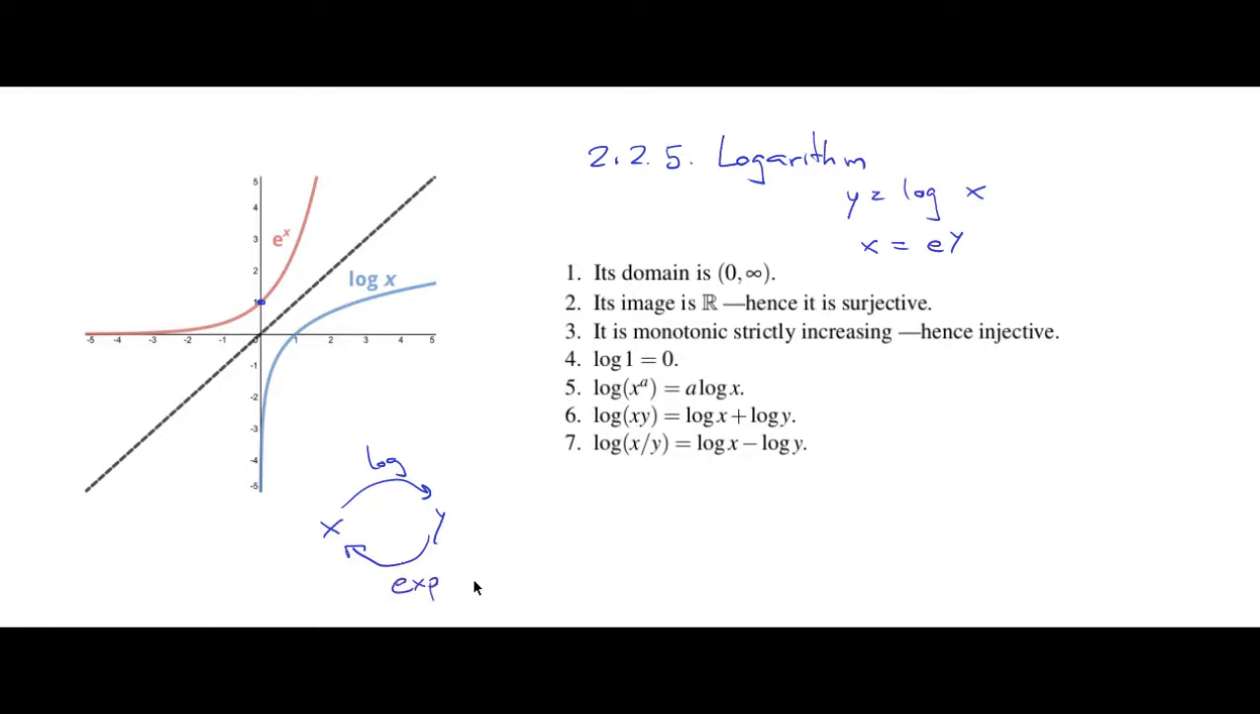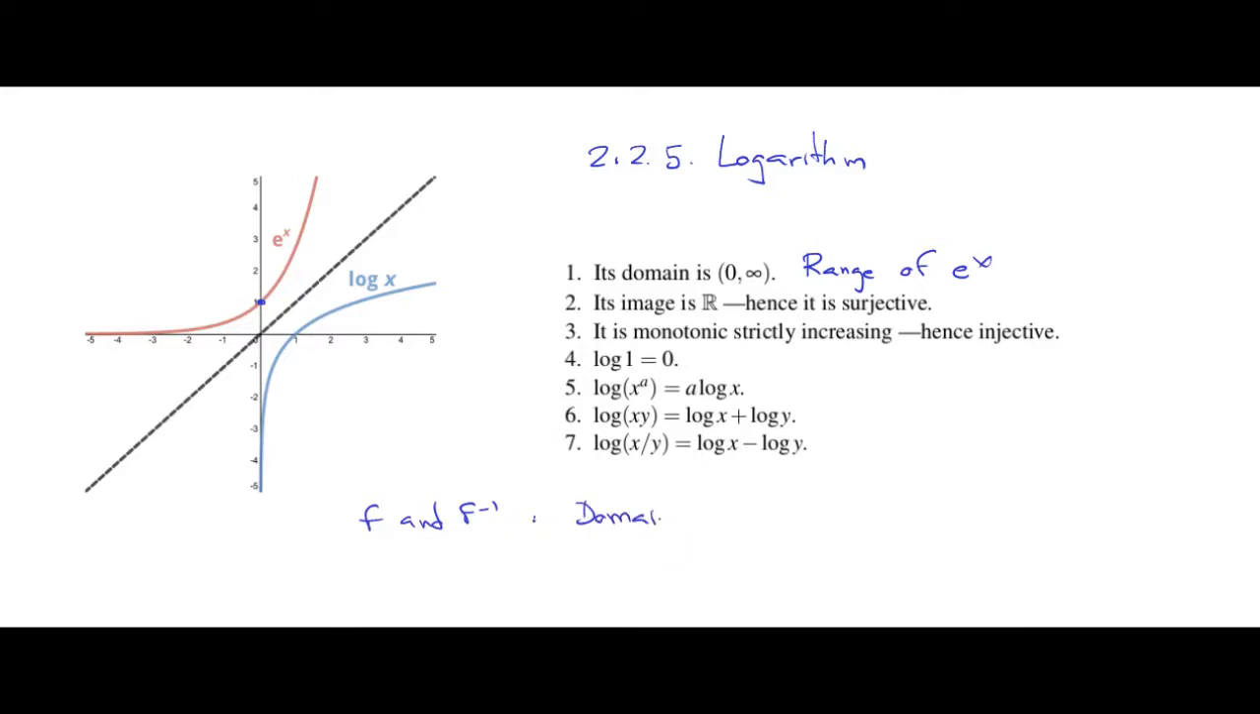Okay. And so this is called an inverse function. So for instance, well, we'll see that later. The domain of the logarithm is 0 infinity, and you see that this is the range of e to the x. Okay, and this is a very important property: if you call f and its inverse f minus 1, the domain of f minus 1 is the range of f, and vice versa. Okay, range of f minus 1 is the domain